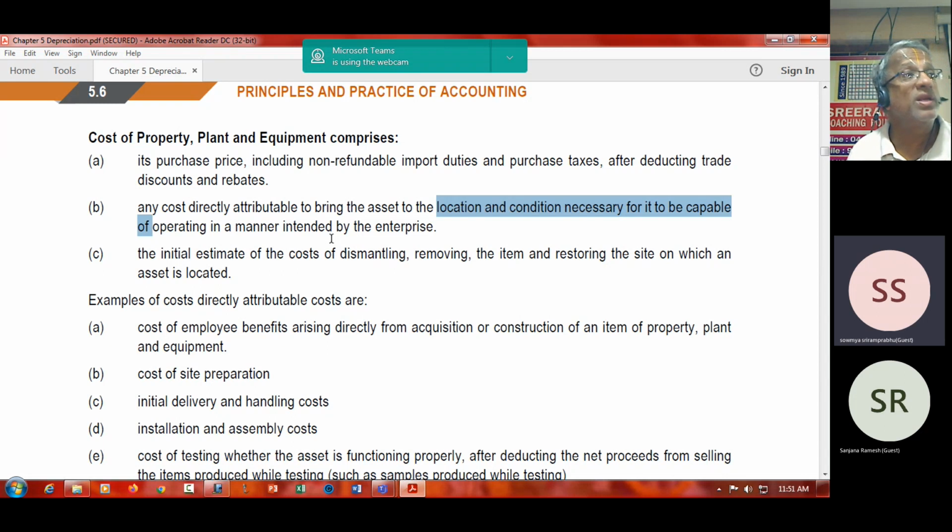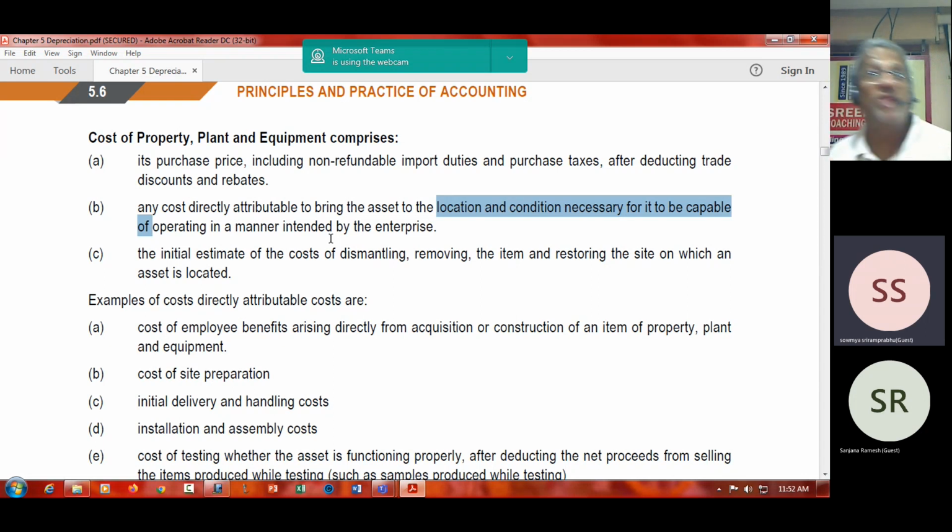Salvage value results in you receiving money, and you are parking the item. Whereas in the case of dismantling, for removal, you have to pay money. So you are not expected to book only those expenses that you initially incurred. You are expected to book the likely expenditure that you will be incurring after some point of time. That will also become part of your capital cost, which is something new, something you have not heard of, something not there in your syllabus for higher secondary, plus one and plus two.